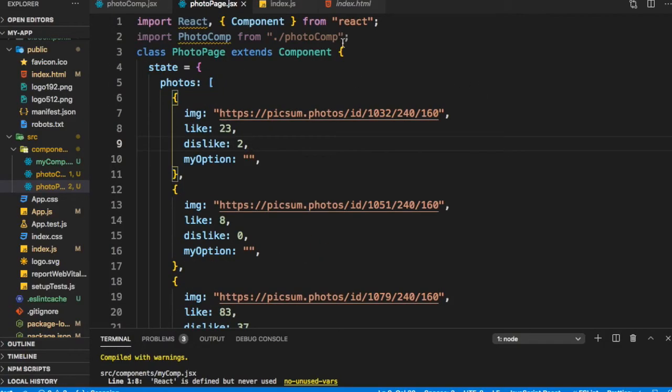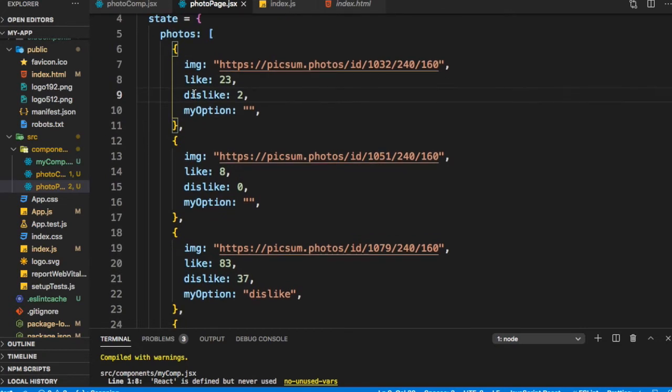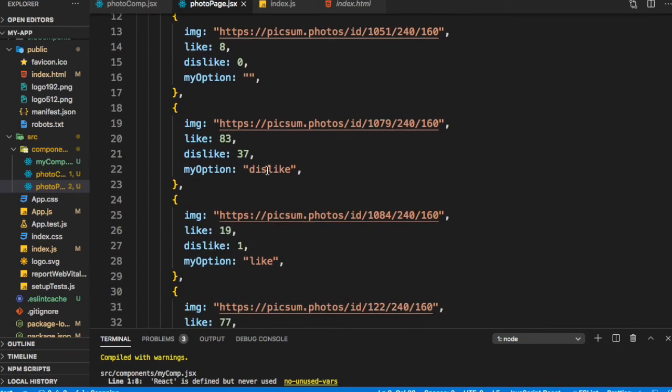So here we have our component photo page, which is our parent component, and in the state it has a list of photographs. It's an array of photographs, and each photograph is a JSON with the image, the like, dislike count, and the option, which is the user's option. So the user's option can either be dislike, like, or nothing has been done, which is an empty string.